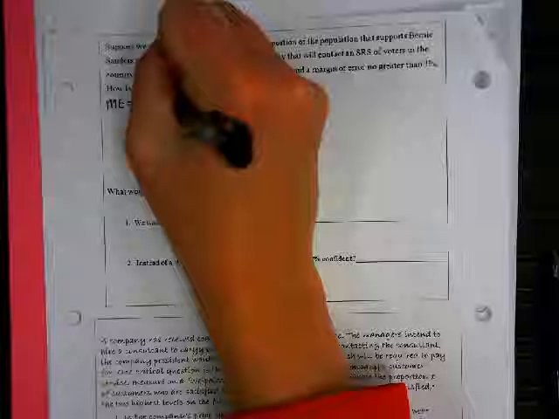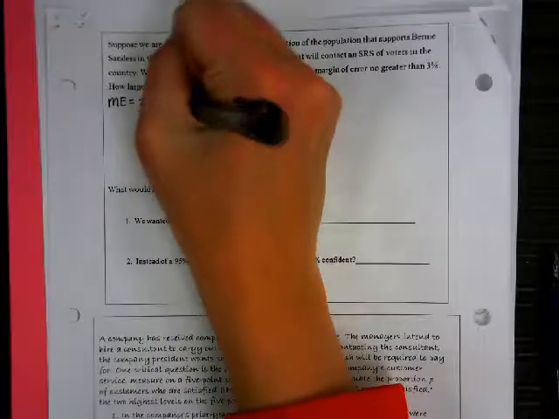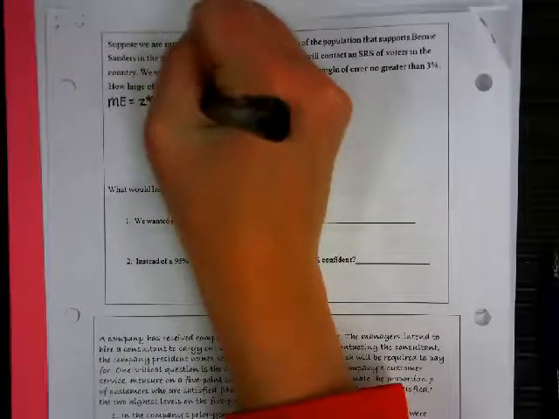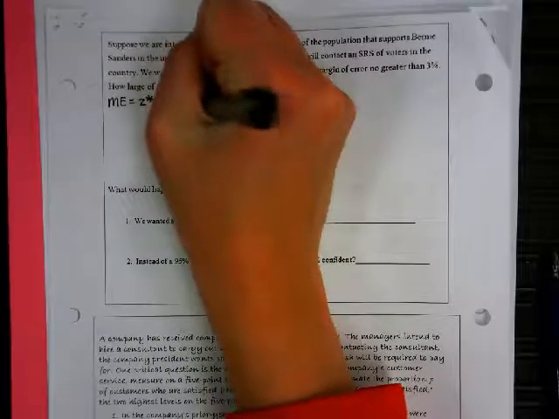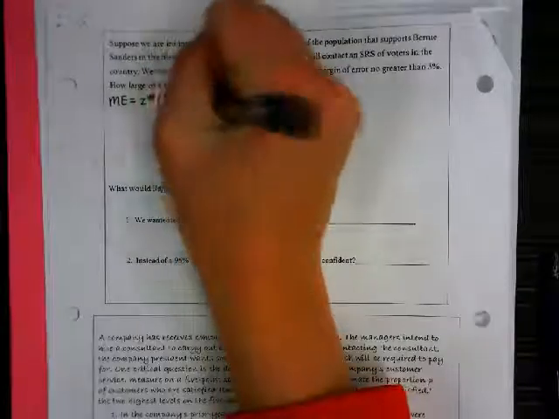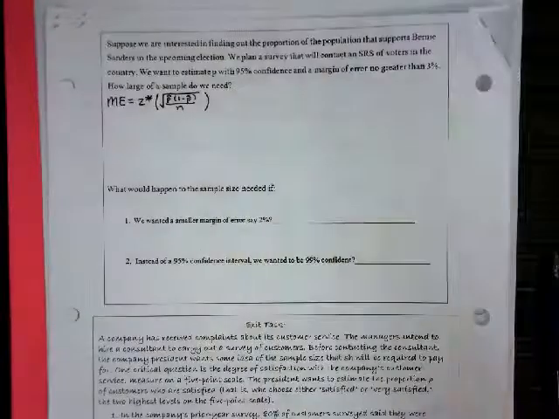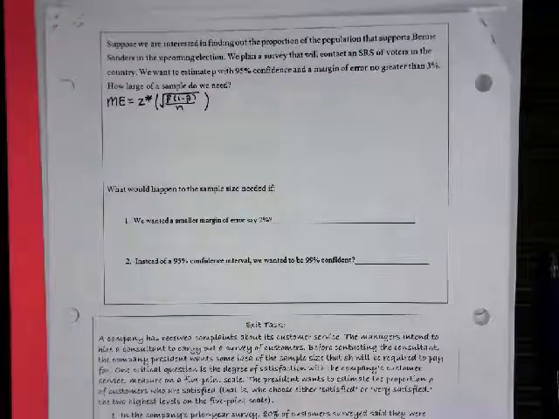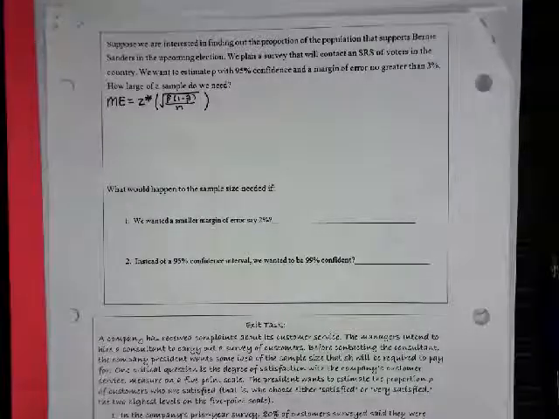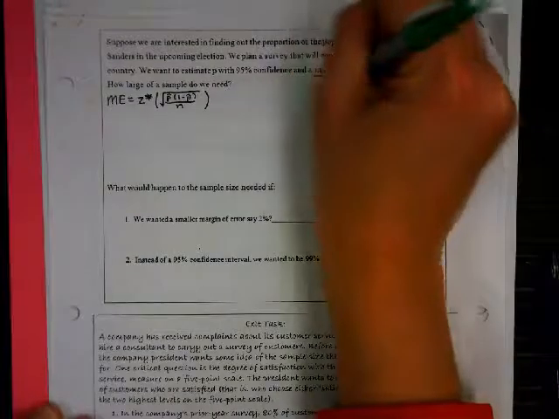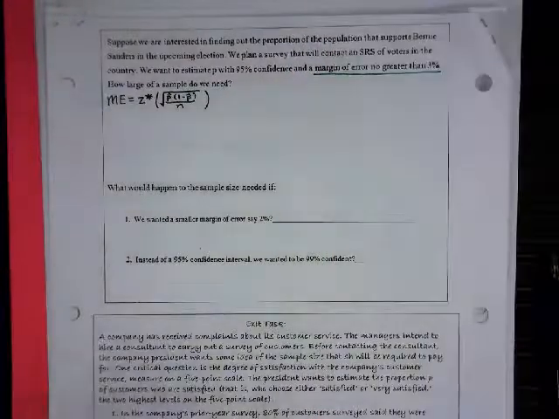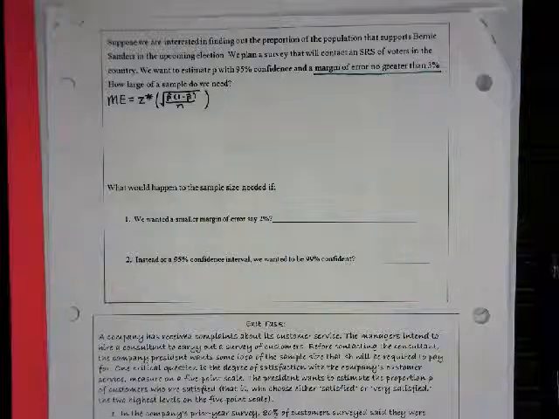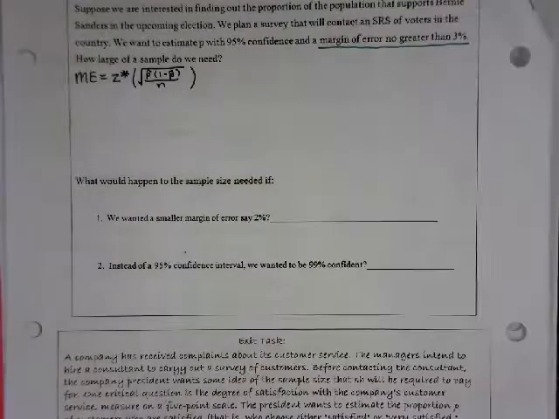We're told we want a margin of error no greater than 3%. So I'm going to put 0.03 for my margin of error, because remember we work with proportions, so we need to change our percents to decimals. So I have 0.03 equals